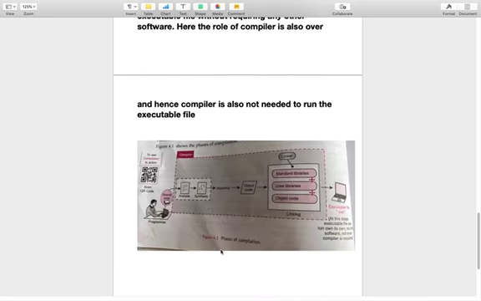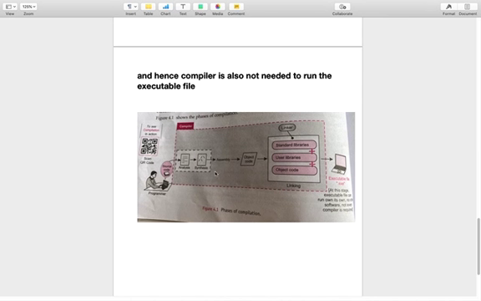This can be shown by this diagram. It is our source code, which is created by the programmer. Then from the analysis phase and synthesis phase, the program moves to the assembly phase. The assembly phase creates our object code. Then with the help of the linker and loader we can execute the program. In the linking process we link the standard library, user library and object code to the program. Then we create the executable file, which can be executed without the compiler.